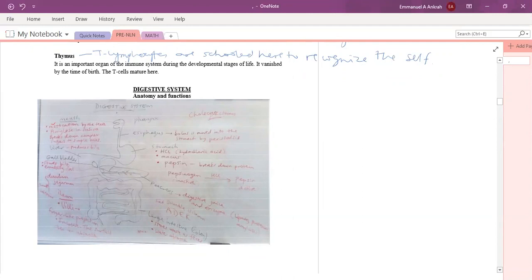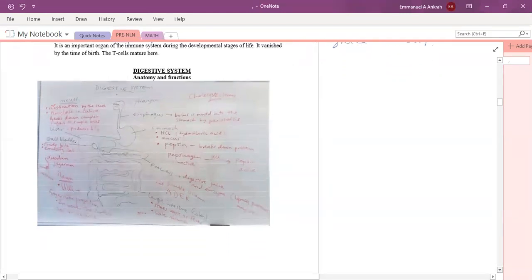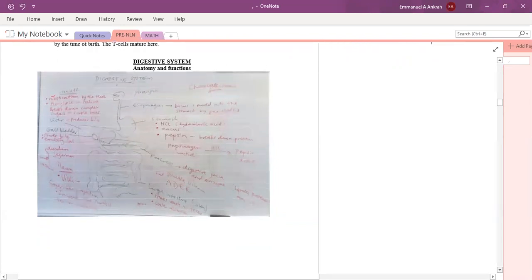Okay. All right, so another system. Let's look at another system. I have here one of my past diagrams that I drew. The digestive system. We'll do a quick overview of the digestive system. Okay. So the digestive system, we have the